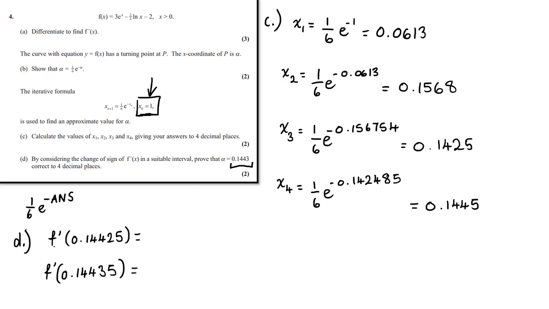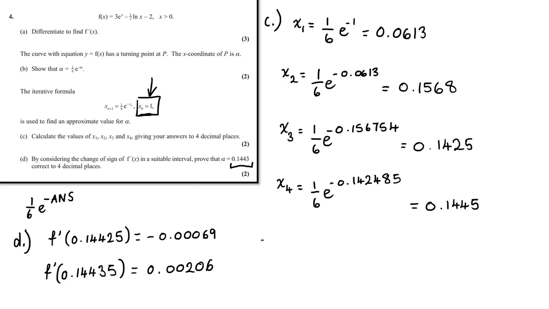And what you should find here, so for f prime of 0.14425, you get minus 0.00069. And for f prime of 0.14435, you get 0.00206. Okay? And we can see clearly here then that this value here is negative, this value here is positive,